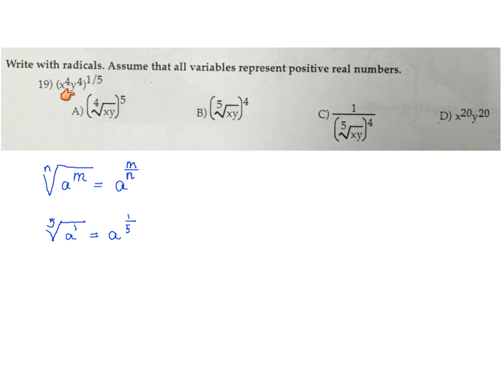Fifth root of this, and then raise everything to the power of 4. Or we can look at this as another property we have, to make it a little bit more clear. If I have a to the power of n to the power of m, we know that we have to multiply the exponents like that. It would be n times m. So if I go ahead and simply apply this property here,